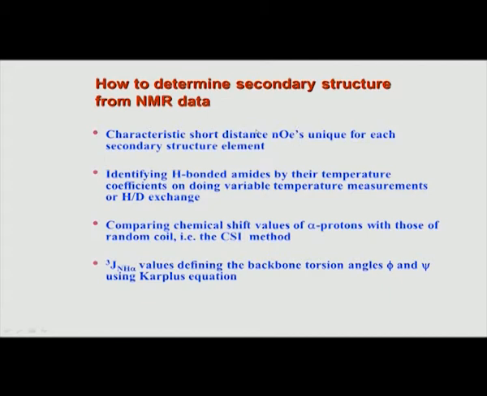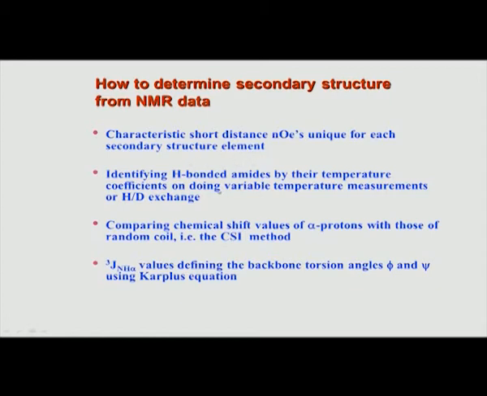And typically what happens, as we will see, is that in the case of alpha helix or beta sheet, they are very characteristic, like we saw with the peak pattern. Similarly, there is a distance pattern between residues which is very characteristic of alpha helix or beta sheet. So, based on those kinds of distance or connectivity information in the NOESY spectrum, we can find out whether that portion of the peptide or protein has alpha helical nature or beta strand. We will see that shortly.